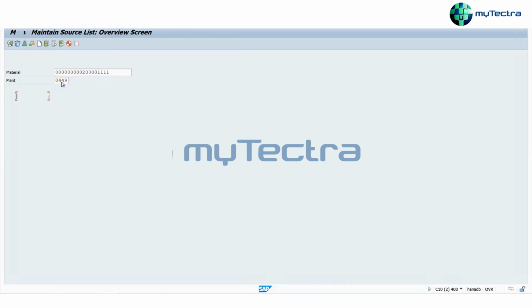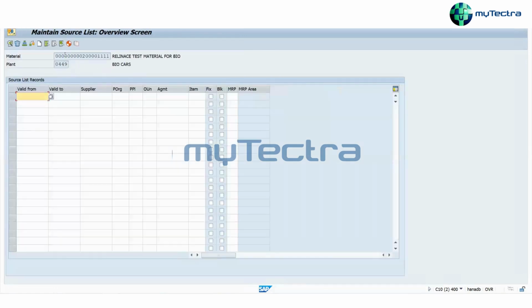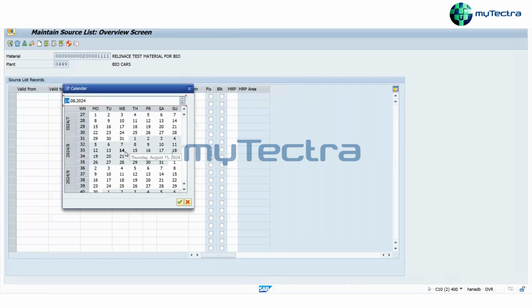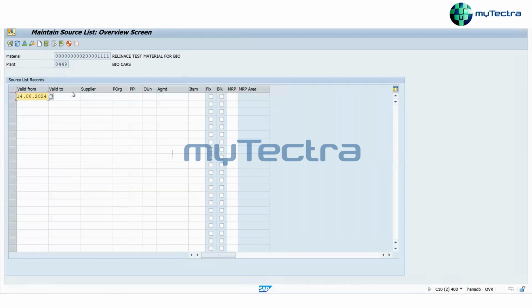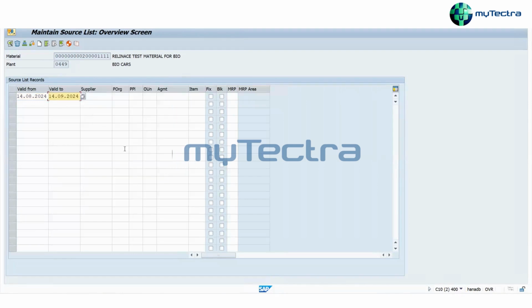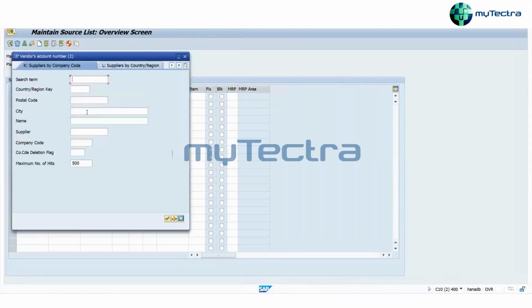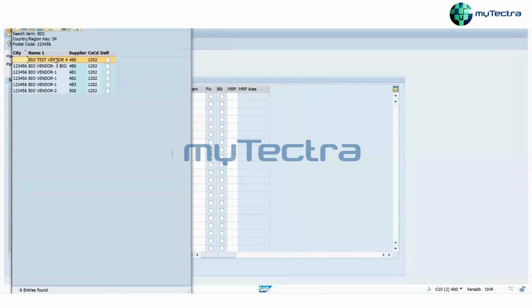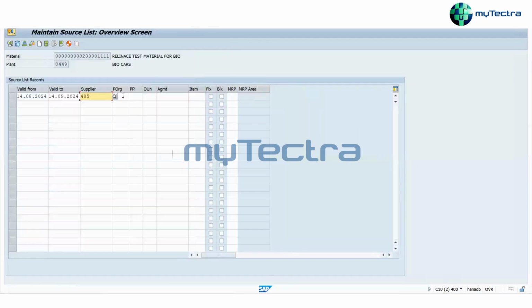See, this is the raw material, this is the plant. I will just choose the valid date from here. Say I want to fix this vendor for 1 month. So I will choose which supplier I have to fix for this particular raw material.